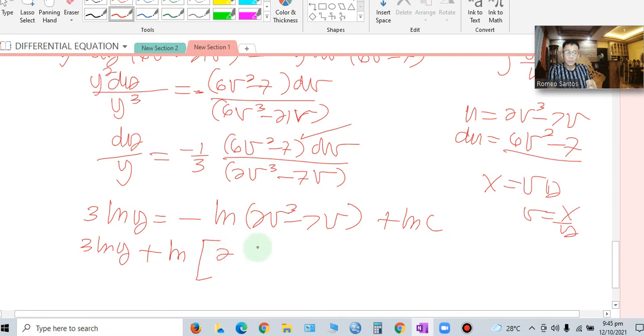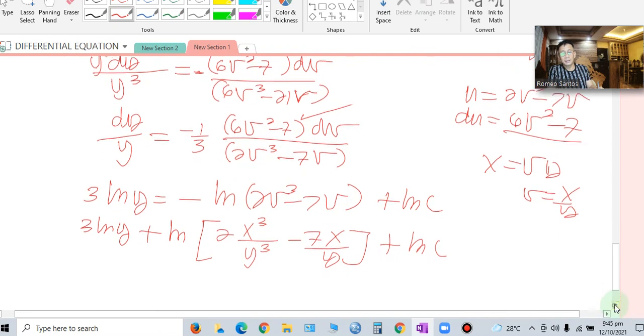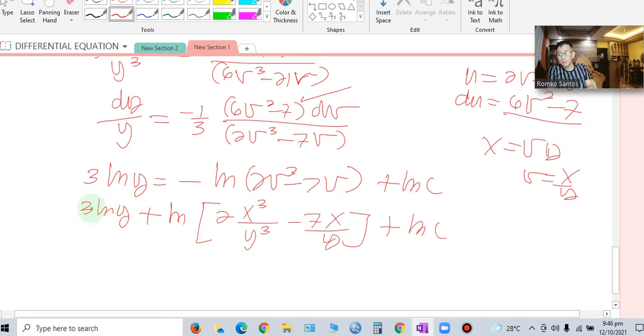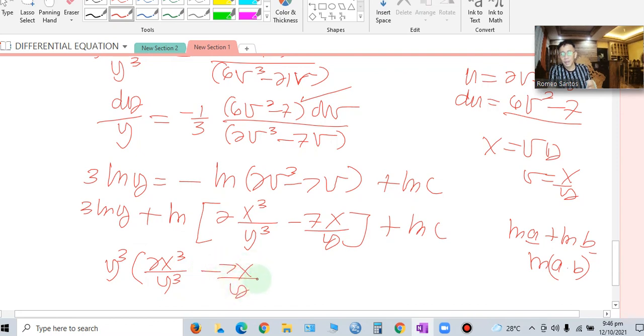So, we have now 2x cubed over y cubed minus 7x over y, and this is plus ln of c. So, we can combine and exponentiate. We have, of course, ito, pwede ito maging y cubed, yung ln a plus ln b, pwede yan ln a times b. Okay, namumultiply itong dalawa pag plus yan sa properties of logarithm. So, y cubed, multiply natin ito. We have now 2x cubed over y cubed minus 7x over y equal to